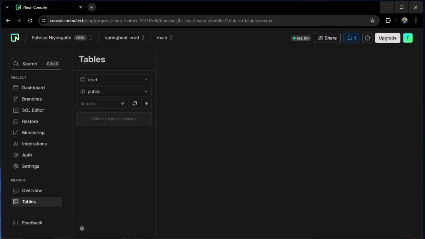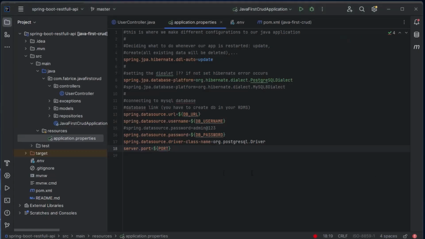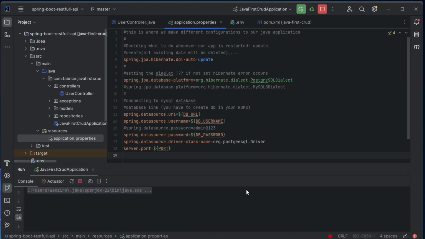So let's try to run our application just to see if everything is working fine. If everything is working as expected, we should see some tables get created automatically within our database. So let me hit on this run button and just wait to see if everything works as expected.